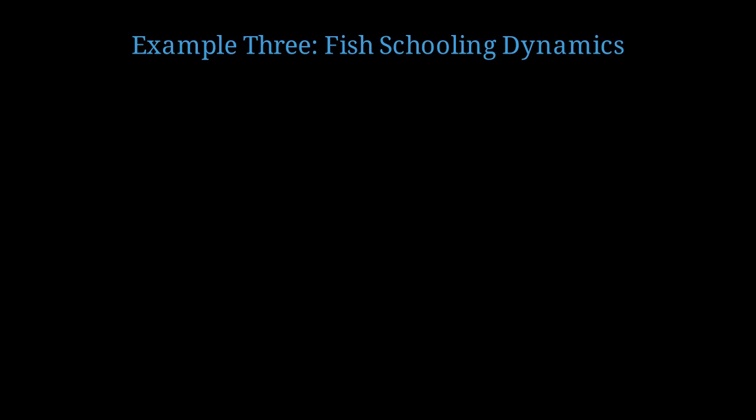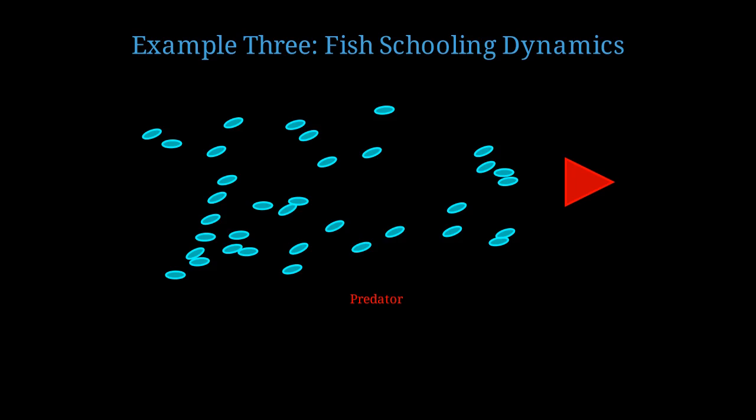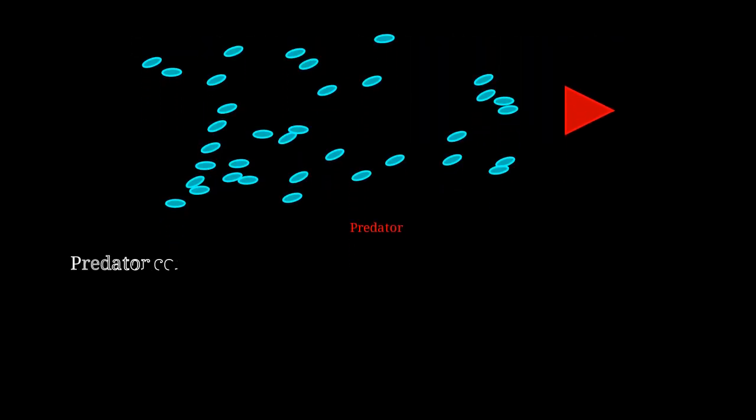Why do fish school? What advantages does it provide? A school of fish moves as a coordinated unit. When a predator approaches, the school exhibits remarkable collective evasion behaviors, creating confusion for the predator. The confusion effect. A predator has difficulty targeting a single individual in a densely packed, moving school. This significantly reduces capture success rates.